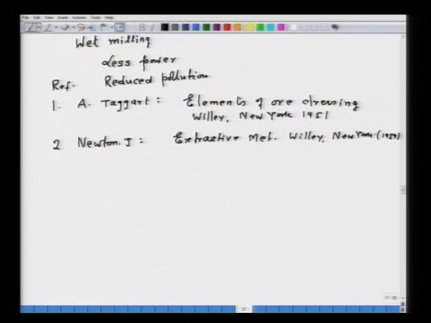However, there are several books on ore dressing. You can consult any book for updating these particular things or for knowing more about the technological details of the